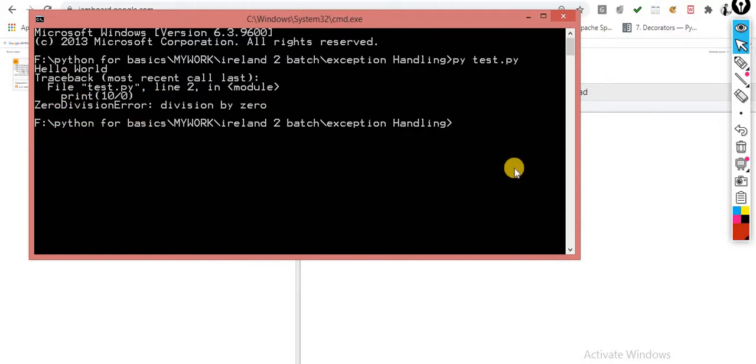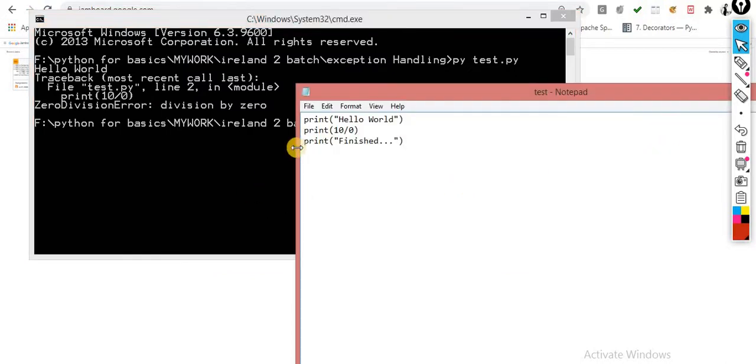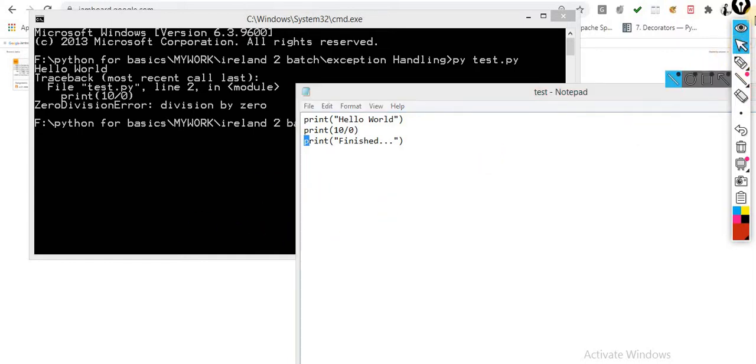Now the question is, here my program is not gracefully terminated, but I want these lines to be executed. Whenever the error comes, I want these lines to be executed. That is my main concern. So now the question is how you are supposed to handle this type of scenario. For handling this, you are supposed to use try, catch, and except. So now the question is how we will use them.